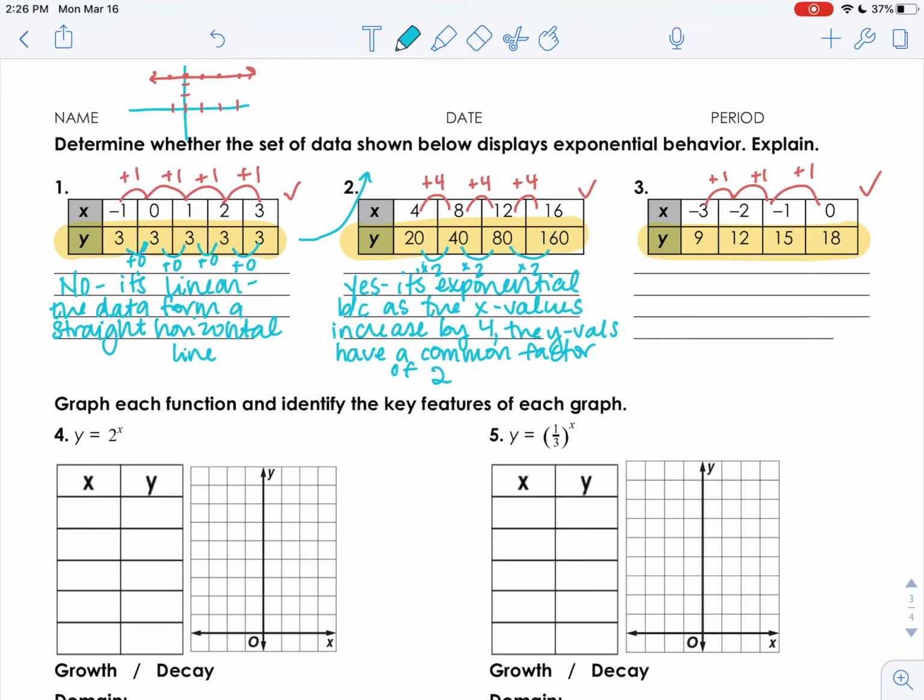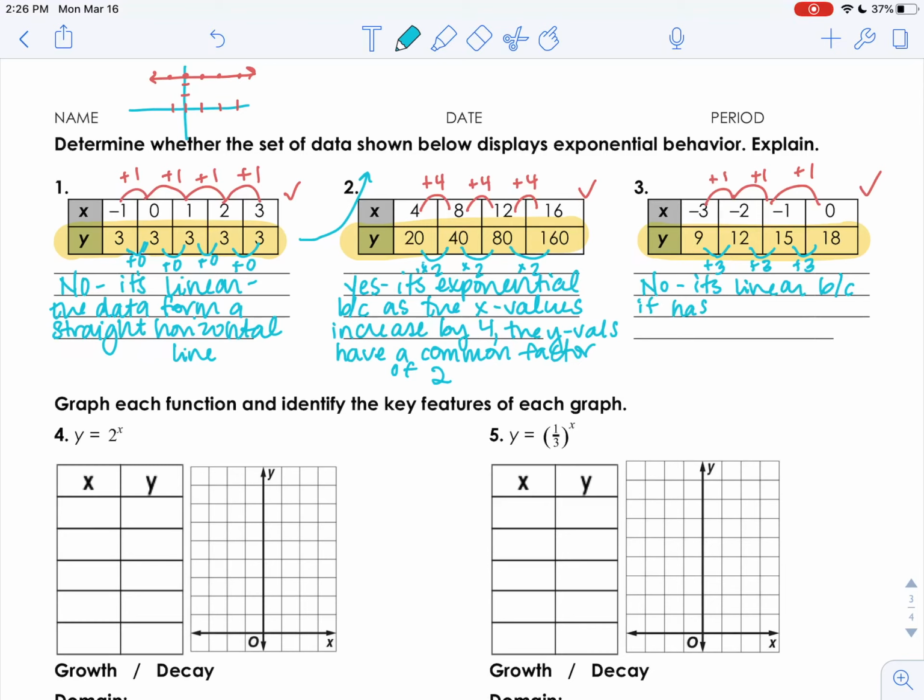And I have 9, 12, 15, 18. To get from 9 to 12, that's a +3. I can't really multiply 9 by anything to get to 12, and so let's see, 12, 13, 14, 15, that's another +3, and another +3. So this definitely looks linear because I have a constant rate of change. So no, it's not exponential, it's linear,